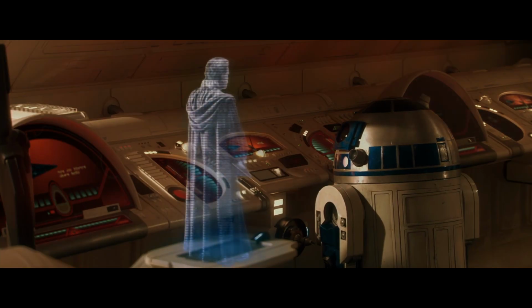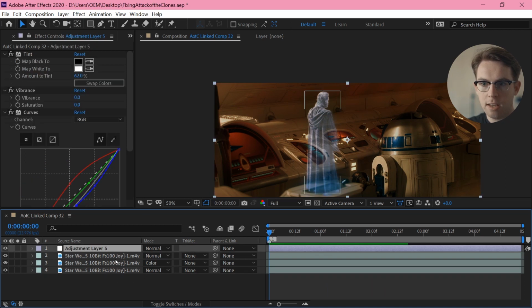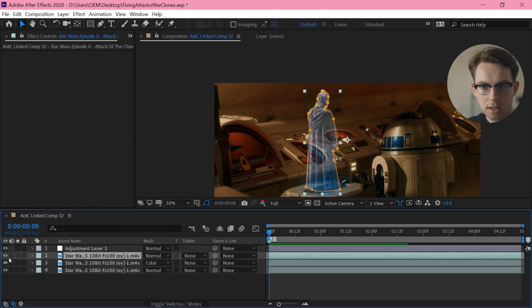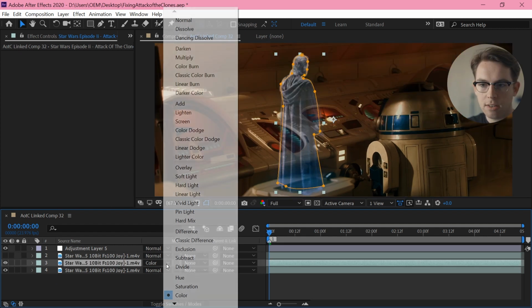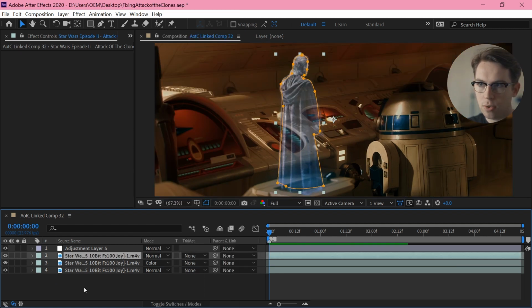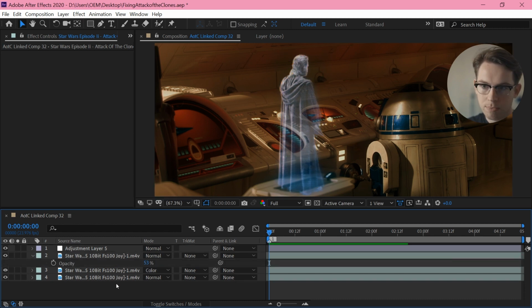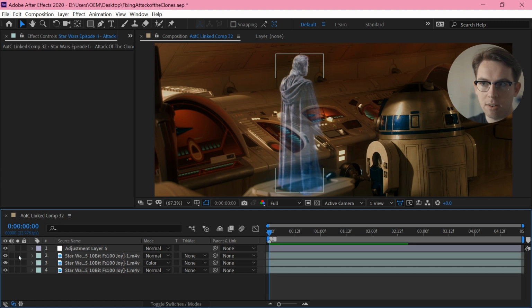Shot 32, curves adjustment, overlay, and in the middle here I have my hologram cut out, set to color, and I've also added the original set to the normal blend mode, but just with a half opacity on it, just because I guess that contrast was looking a little too much.